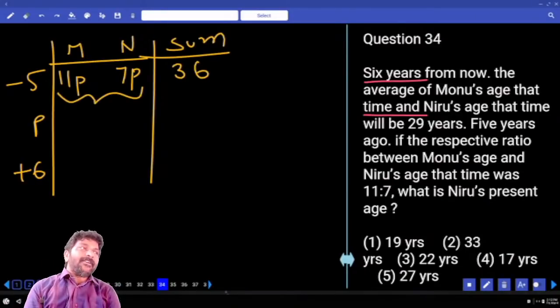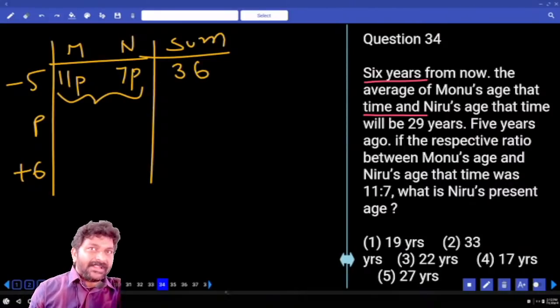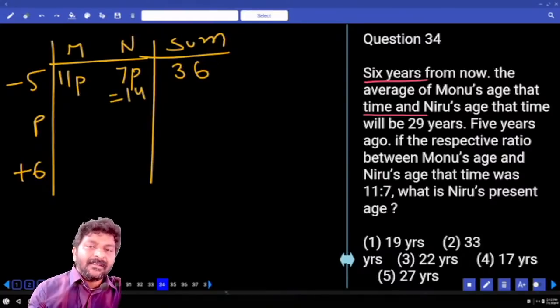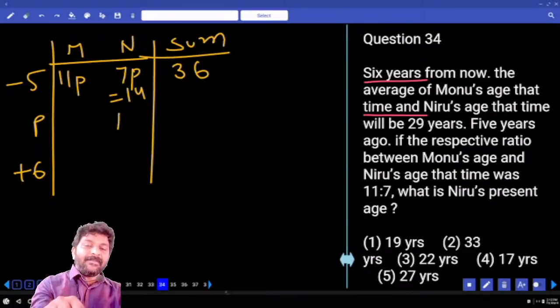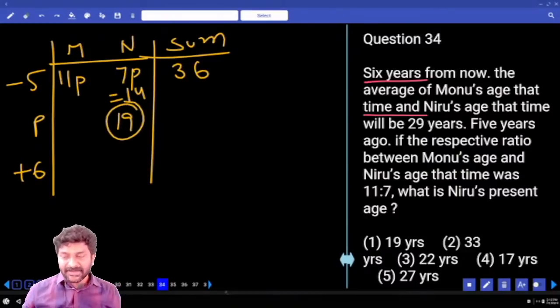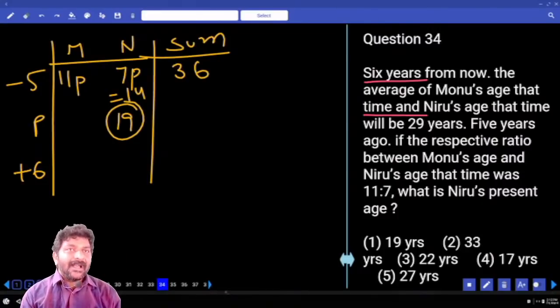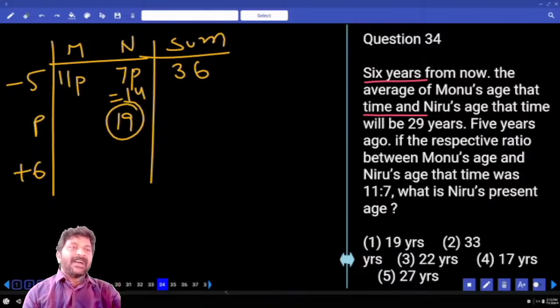Sum in terms of number of parts. If 18 parts is equal to 36, one part is 2, then 7 parts is equal to 14, so that is Neeru's age only. 14 years. Then to get present age, we have to add 5 years. Then it becomes 19, first option answer. Among options, after subtracting 5, if there is only one number which is a 7 multiple, then you don't have